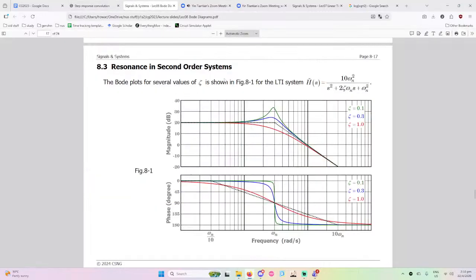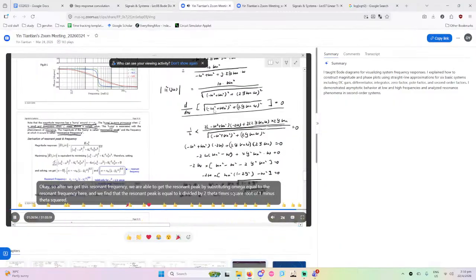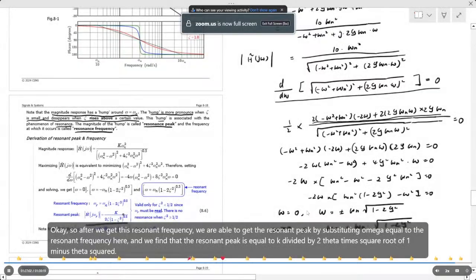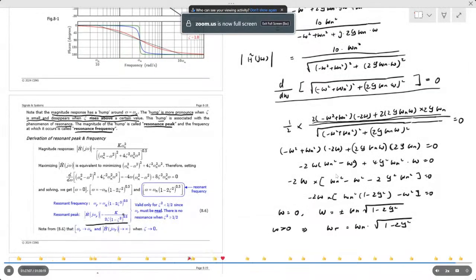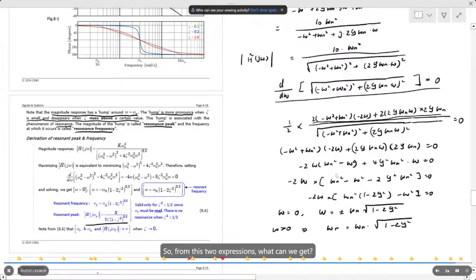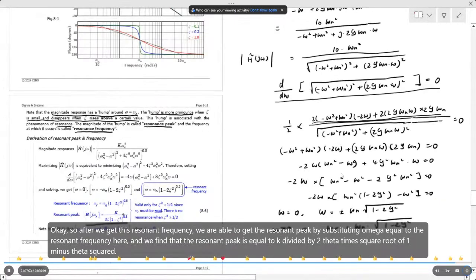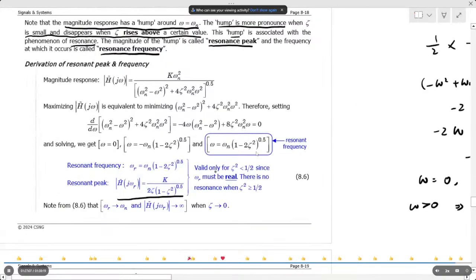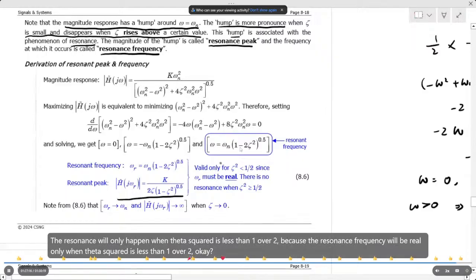So after we get this resonant frequency, we are able to get the resonant peak by substituting omega equal to the resonant frequency here. And we find that the resonant peak is equal to k divided by 2 theta times square root of 1 minus theta square. So from these two expressions, what can we get? We find that the resonance will only happen when theta square is less than 1 over 2, because the resonant frequency